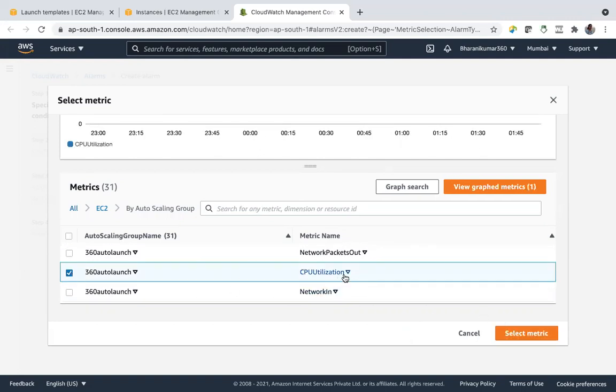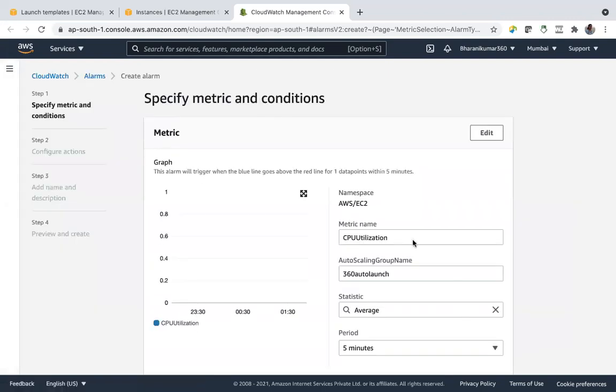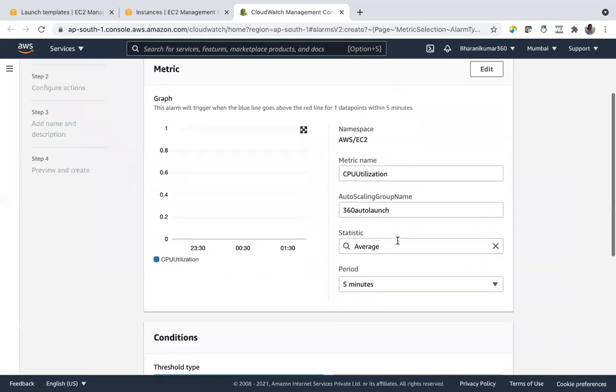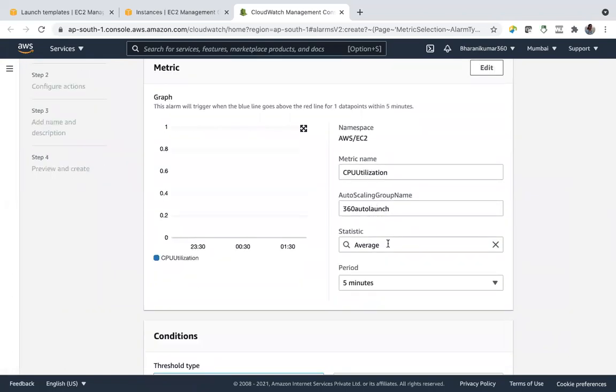Right, and CPU utilization. Select metric. And here it takes average. Average of what? Average of all the instances running. So if you want to watch per instance metrics, you have to go to EC2. If you want to take average of all the instances, you have to choose auto scaling group here.